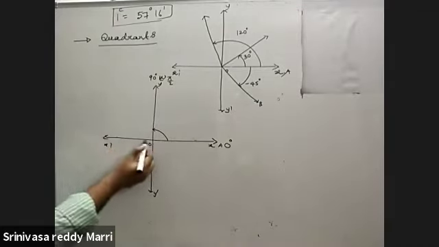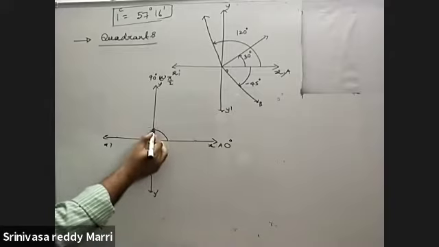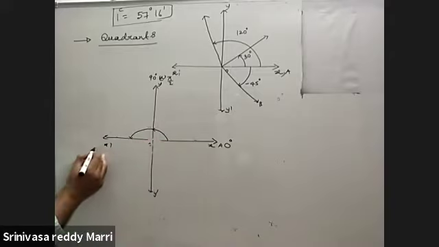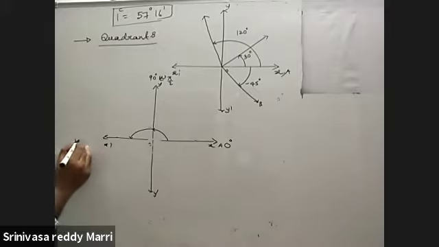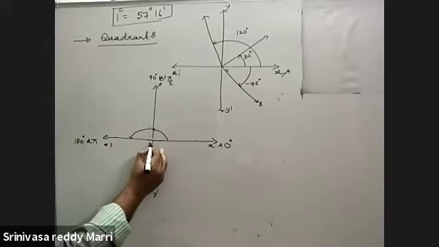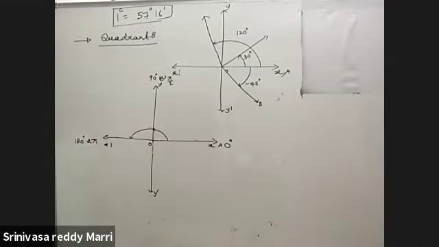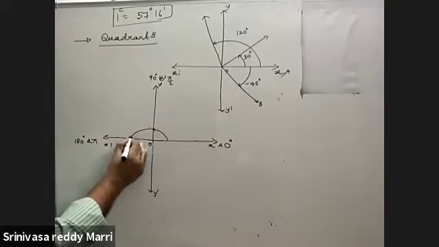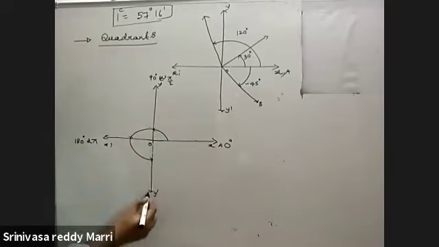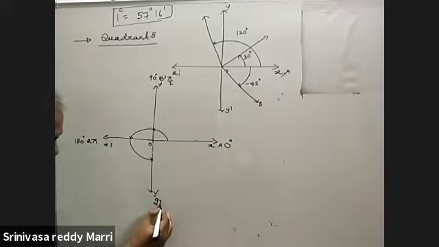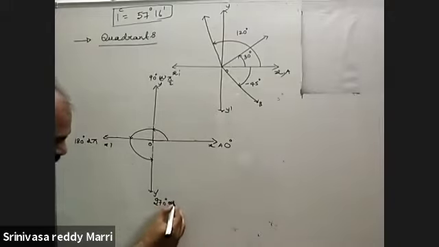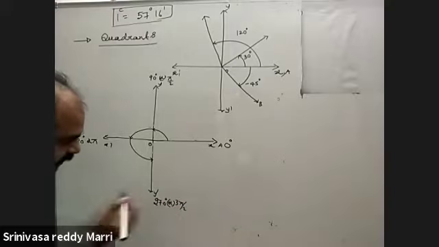Suppose this angle is what? 180 degree, like this. Look at this, OX dash will be 180 degree or pi radians. Right? Suppose you want to measure 270, that is 180 plus 90. That means this ray is OA, this is OB. So this angle is 270 degree, or in radians, 3 pi by 2.